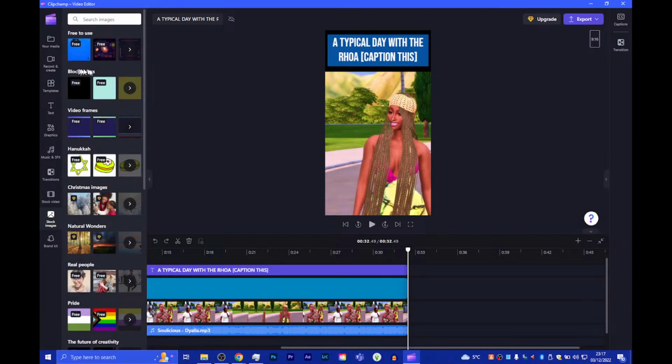I love the fact that it's got the block colors, because sometimes when I'm looking to just cover certain things, it actually gives me that. So this is actually what I use here. This block color is what I used for the background of the, what is this? The caption. That's it, the caption. And again, I'm going to show you how I was able to utilize it and get